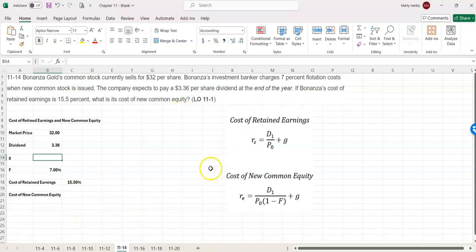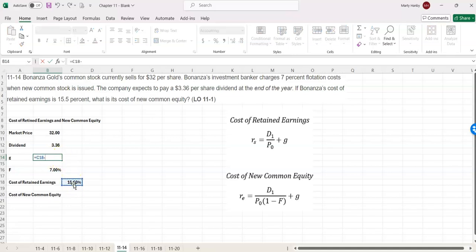So they don't give us the growth rate here. So what we have to do is we'll take the cost of retained earnings and subtract the dividend yield, and that'll give us the growth rate. So the dividend yield is the dividend divided by the market price. So that's